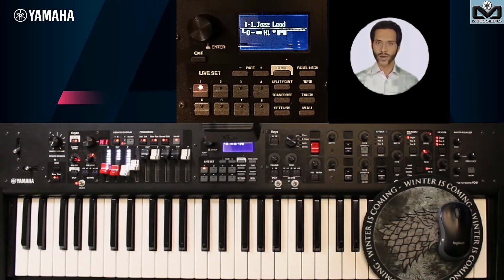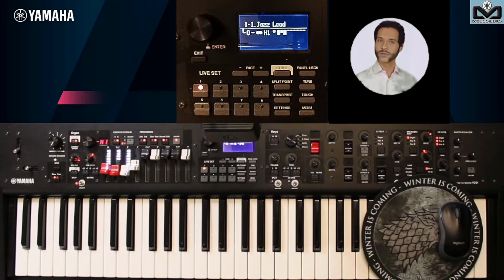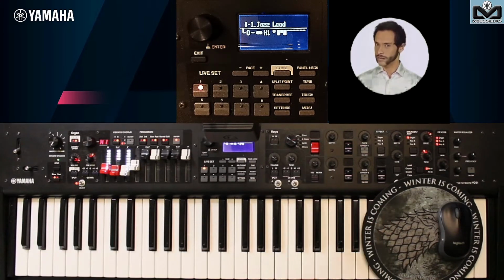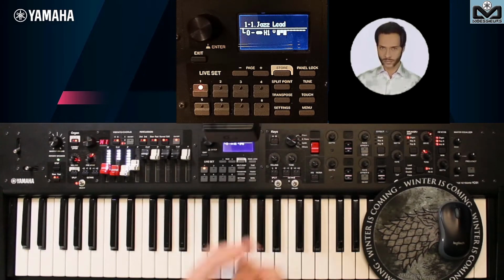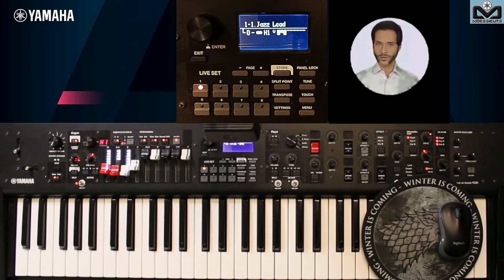But before copying the YC operating system file on the USB key, there is a very important thing to do. Since you have your YC, you have certainly made many live sets, adjusted your settings in menus for example. It is imperative to save everything because the operating system update will erase all your live sets and all your settings. So how do we do this? Let's see this with Grace.